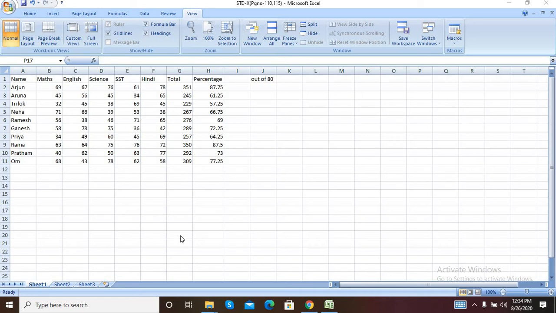Till now we have completed three chapters in Part B section. So today's chapter is Spreadsheet, the third chapter, which is on page number 105. I am talking about Part B. In that Part B, today we start with a new topic, that is spreadsheet.